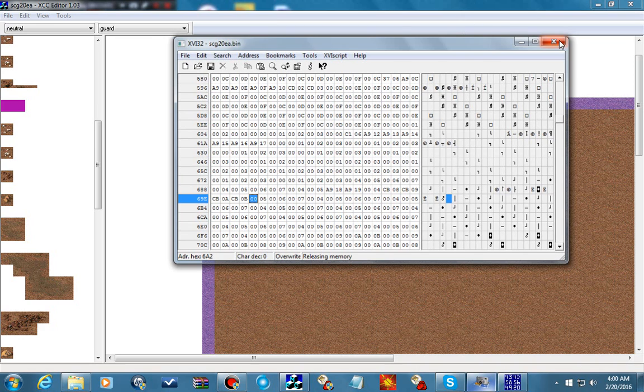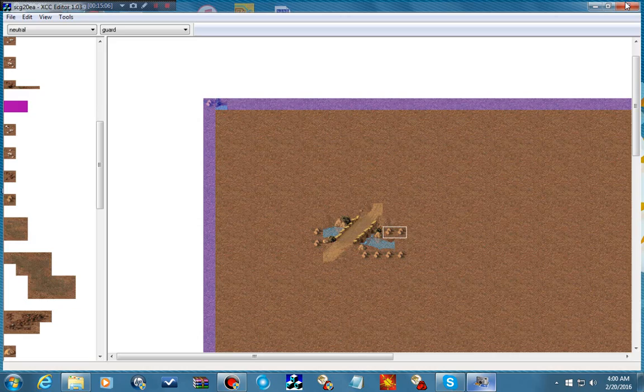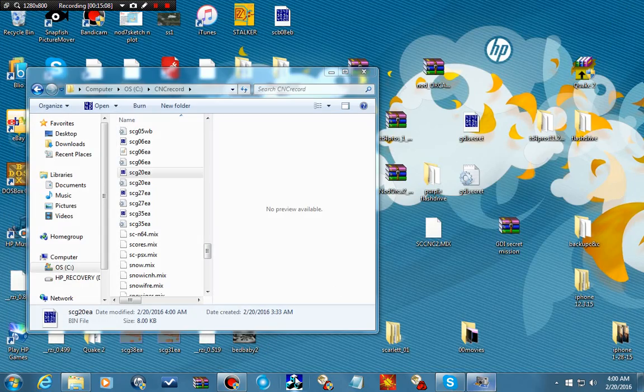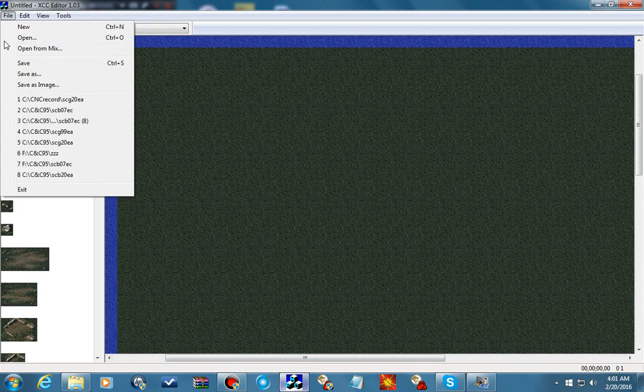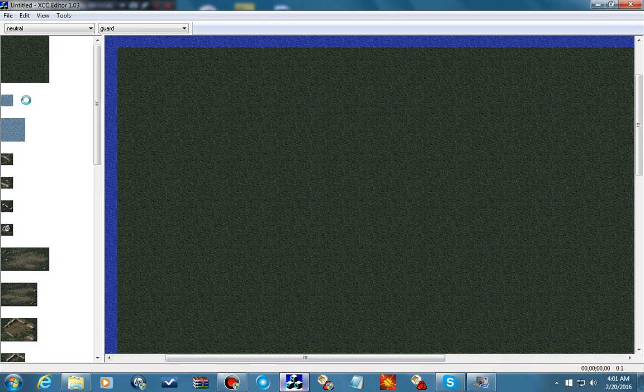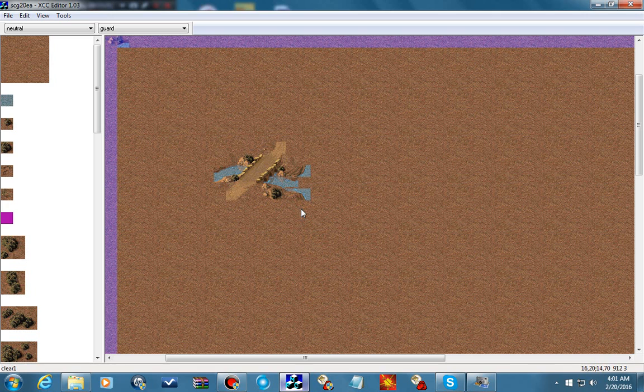Close. Let's open it back up in the editor. Remember, we were saving it in the bin while the editor was open. You got to make sure you overwrite stuff in the proper order, if you know what I'm saying. So, boom, beautiful. Now I'm going to take this, clean it up a little bit,